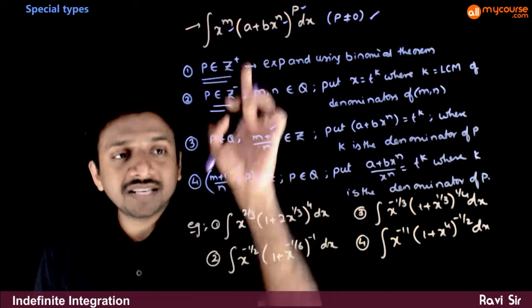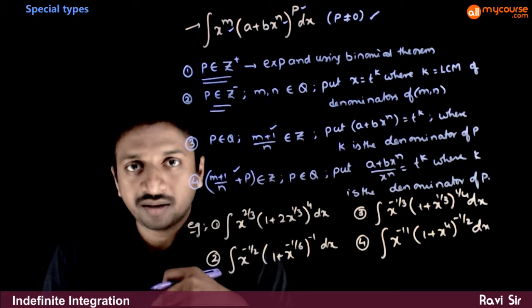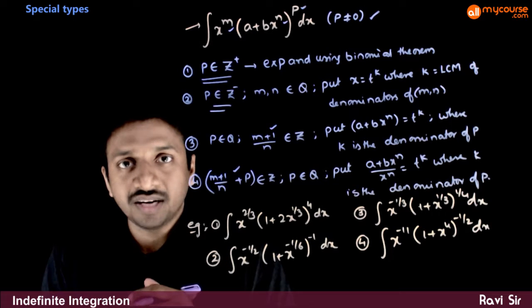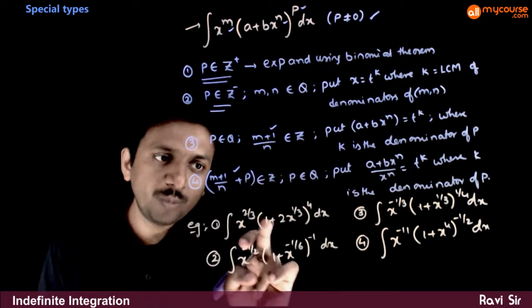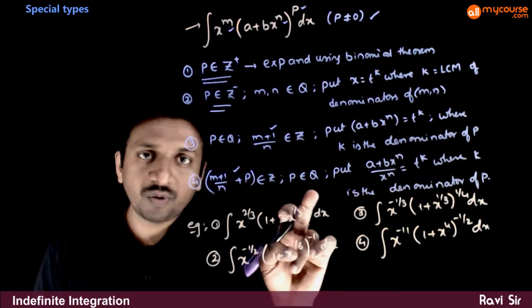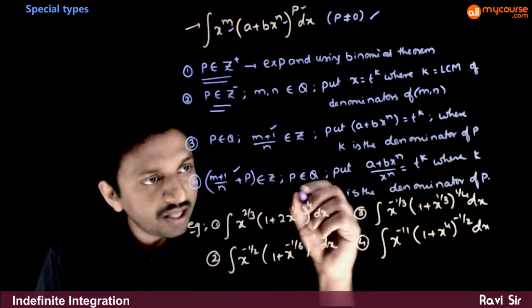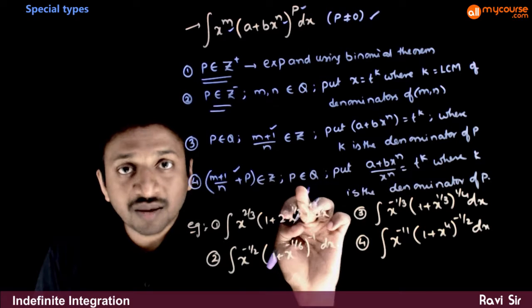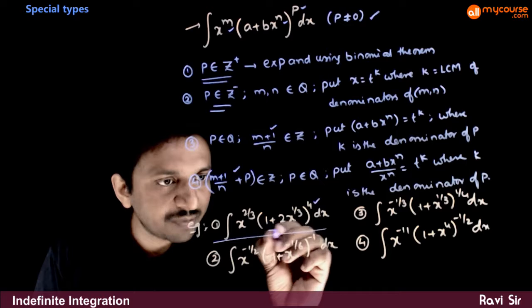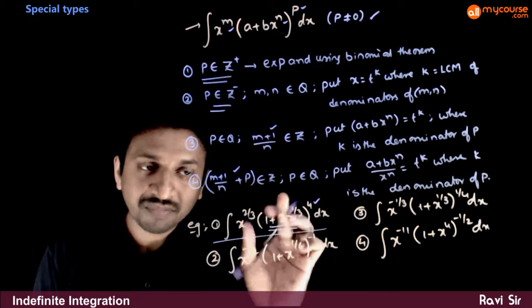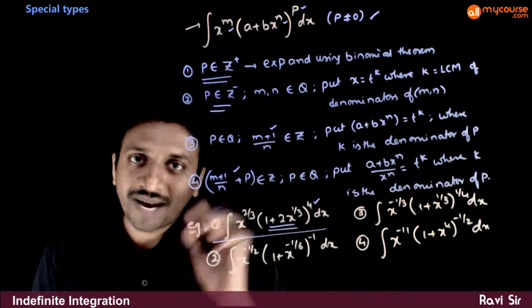So if the numbers are such that none of these cases work, it's very difficult to integrate those integrals. So if you take the first question, x power 2 by 3 into (1 plus 2x power 1 by 3) whole power 4. Here p is a positive integer. So in this case, you just need to expand this bracket using binomial theorem